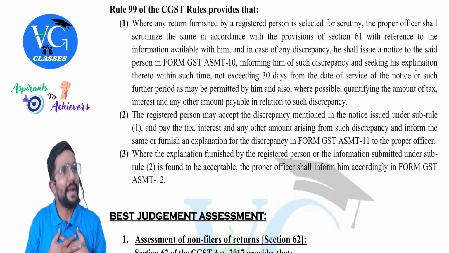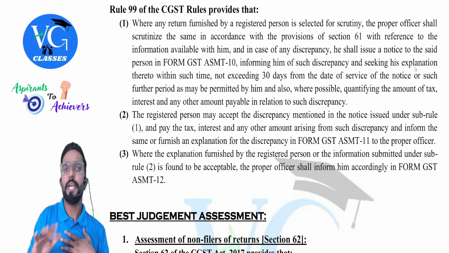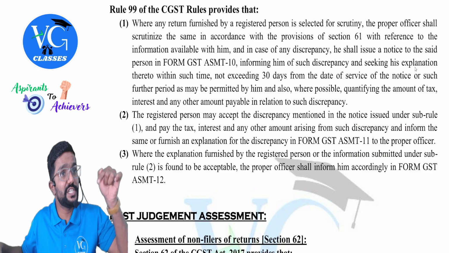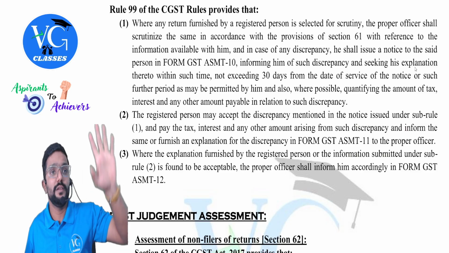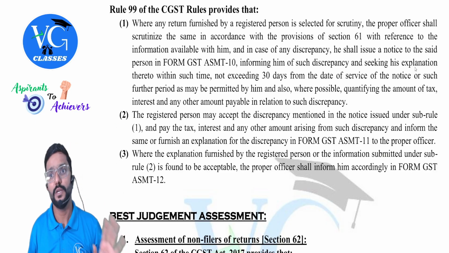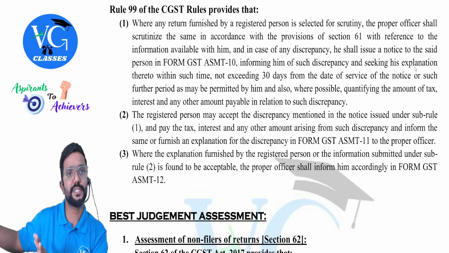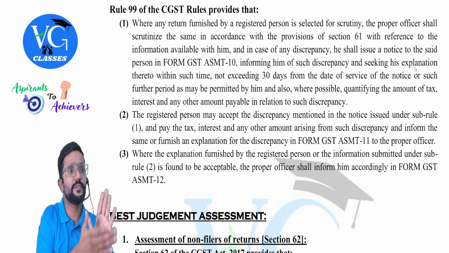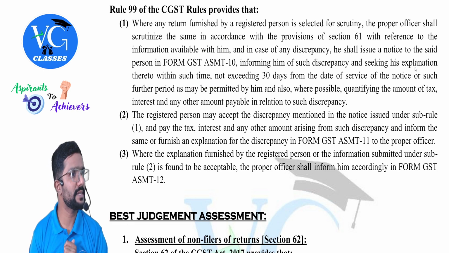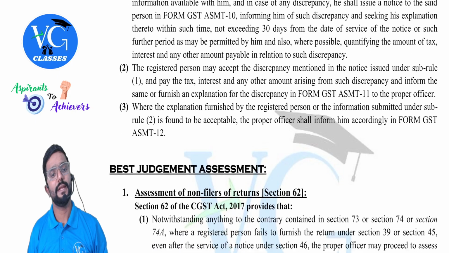Or else, if I am accepting the difference, I should pay that amount and the details of that payment have to be mentioned in ASMT 11. Telling, sir, whatever notice you sent, it was true, sir. I have paid less amount. Now I have paid this amount along with interest, sir. The proof of that I have attached to this ASMT 11, sir. So the details have to be given in ASMT 11. Last sub-rule,